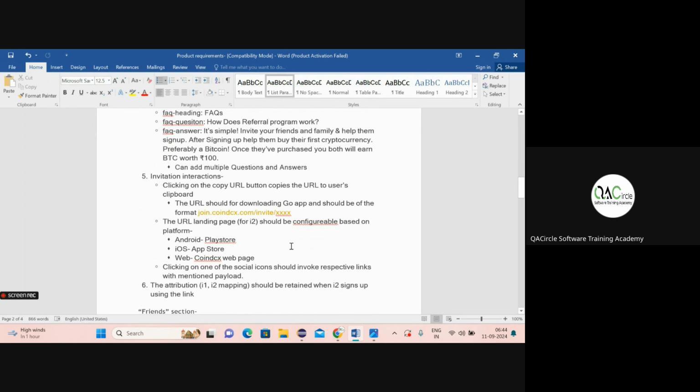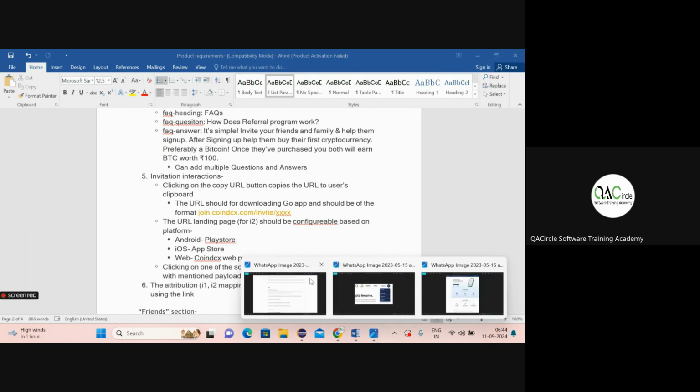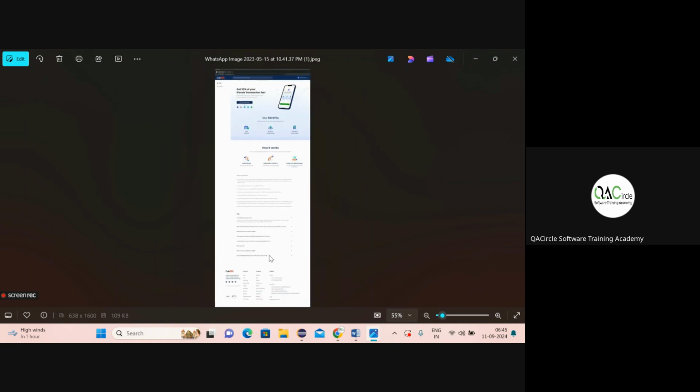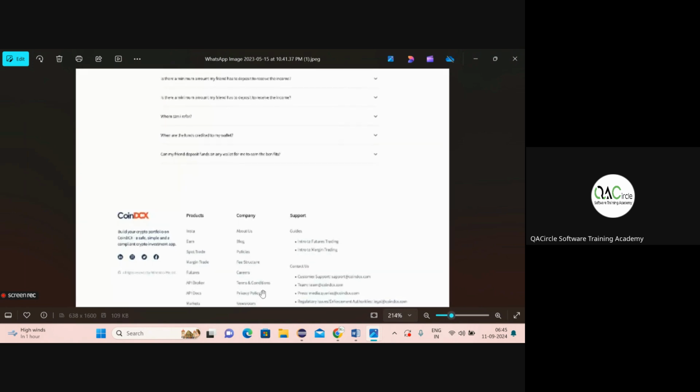now coming to the next thing, invitation interactions. Okay, so with this we have come up with whatever the content that should be coming up in the offer page. And apart from that, there is some additional content in the footer section. Okay, so this is the footer section, and this footer section content also will be provided by the product team, and they can add it in the configuration. Okay, now